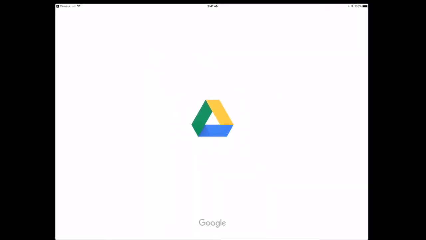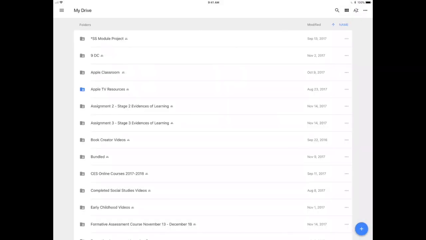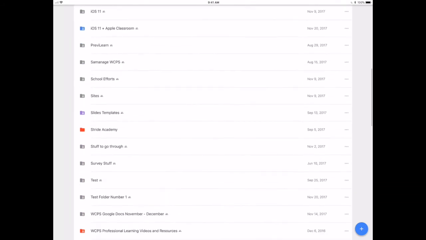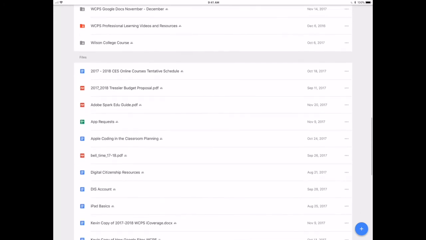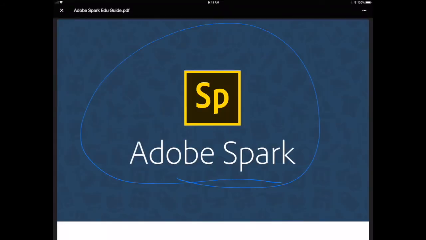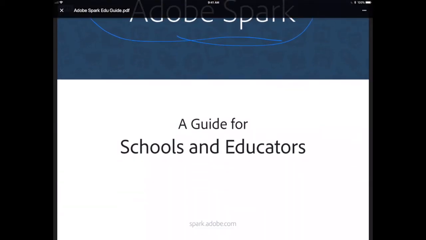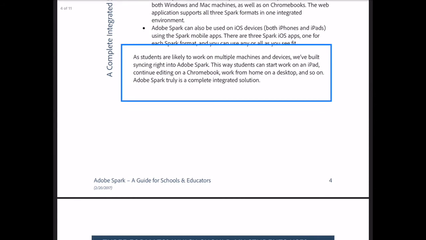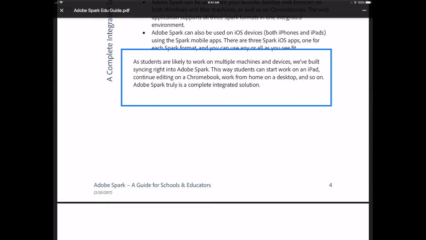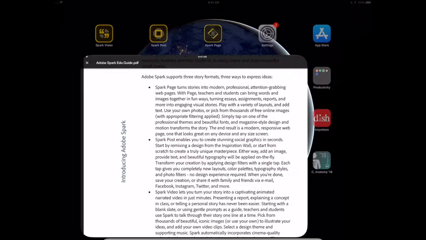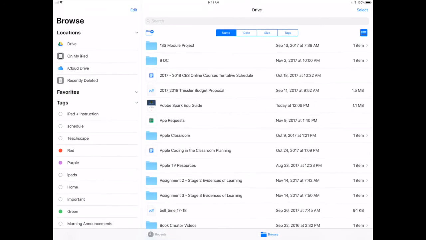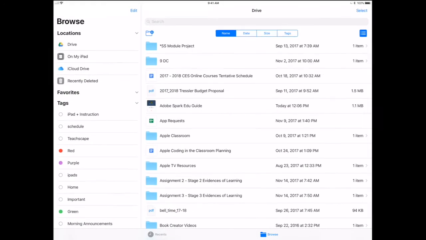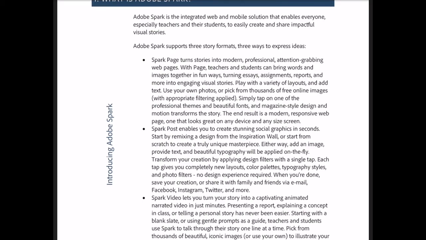I'm going to jump back over to Google Drive to show you what it actually did in relation to what's available. So that was my Adobe EDU user guide. When I go to the Adobe Spark EDU guide, you'll see that it saved my annotation. And if I scroll down to the page where I dropped the box in, you'll see that it's saved as a marked up PDF that I added. Remember, I did the markup in Files. It was a Google Drive file, so it's saved in Google Drive.